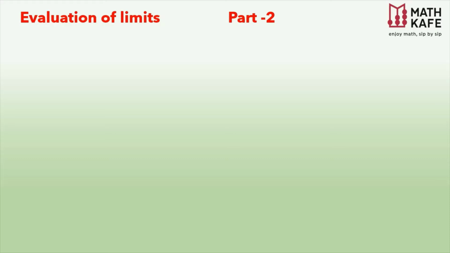Before going to the problems, let us see some fundamental properties. First property is limit x tends to a, k will be equal to what? What could be the value? It's very clear, trivial, and you know that whenever x changes, what will happen to f of x? That's what we have learned as a limit. Limit x tends to a, f of x. As this k is independent of x, the value of k remains the same.